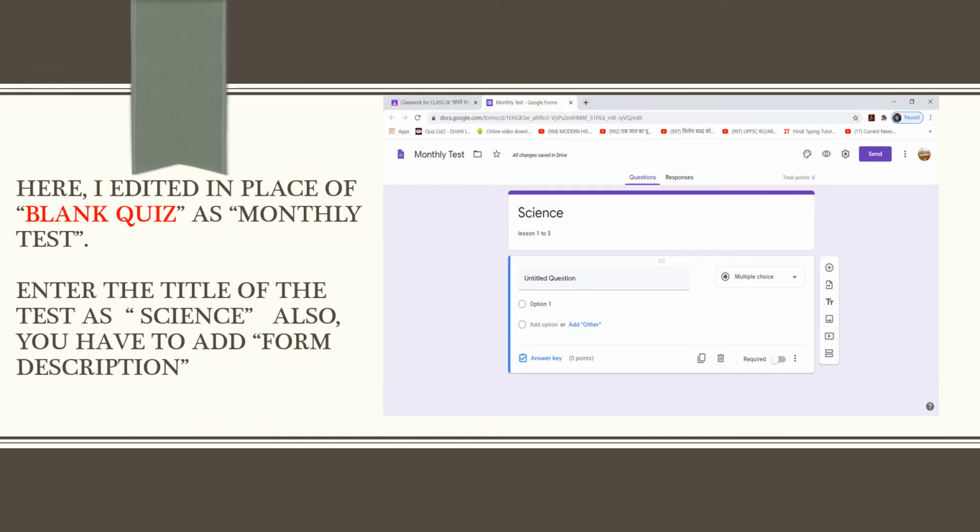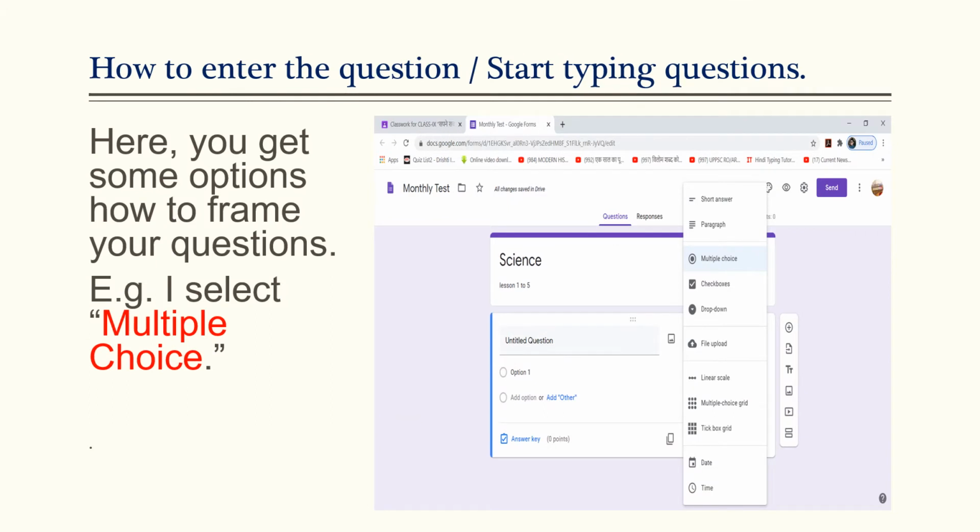Here I edit the blank quiz title as Monthly Test and enter the title of the test as Science. Also, you have to add a form description. Here you have to enter the questions and start typing your question paper.